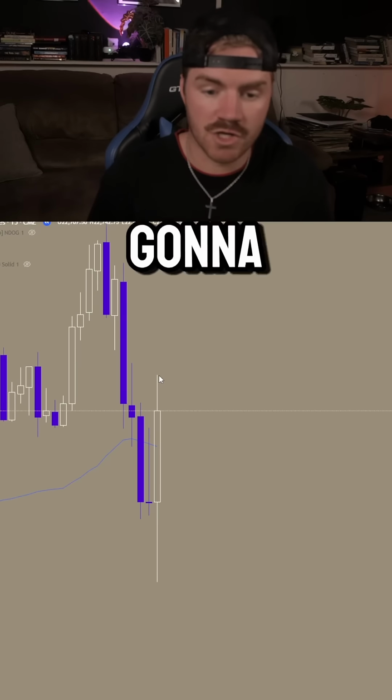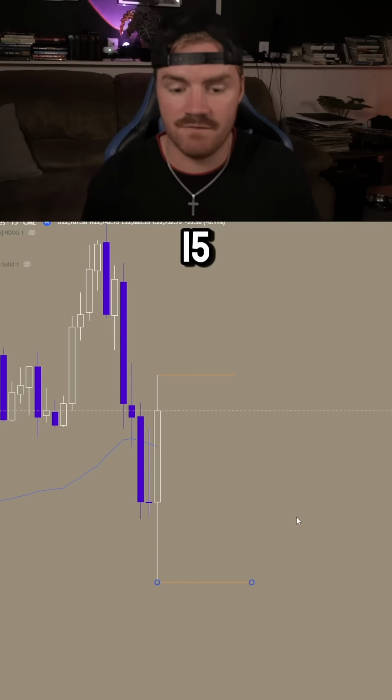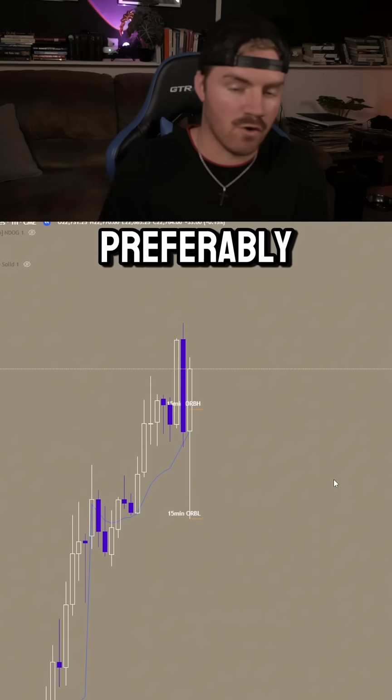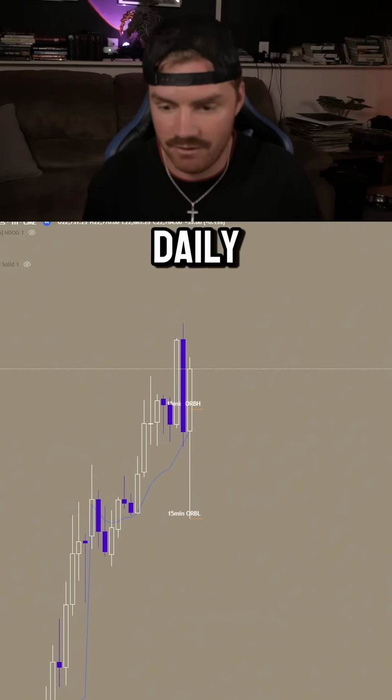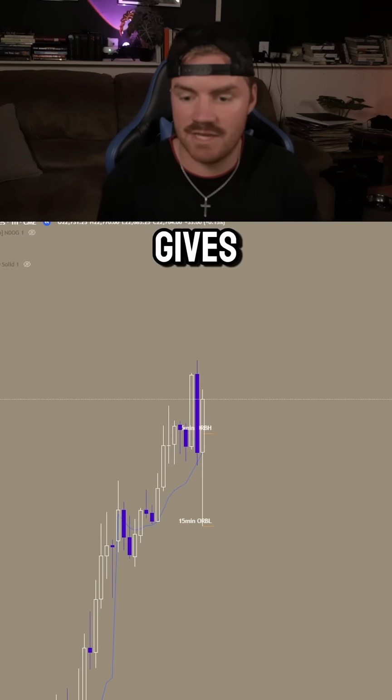Step number one, we're just going to chart out the high and the low of our first 15-minute candle, which gives us our 15-minute opening range. Then we're going to go to the higher time frames to get our bias, preferably the hourly, the 4-hour, or the daily. What I notice about this chart is that we're at all-time highs already, which gives me an automatic